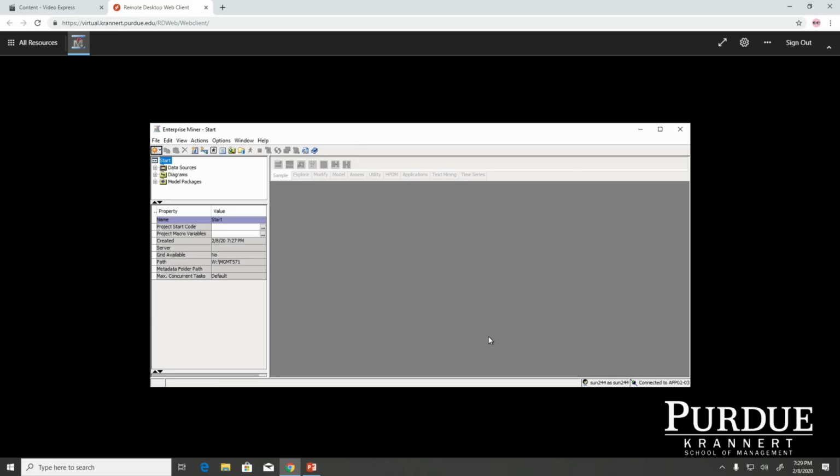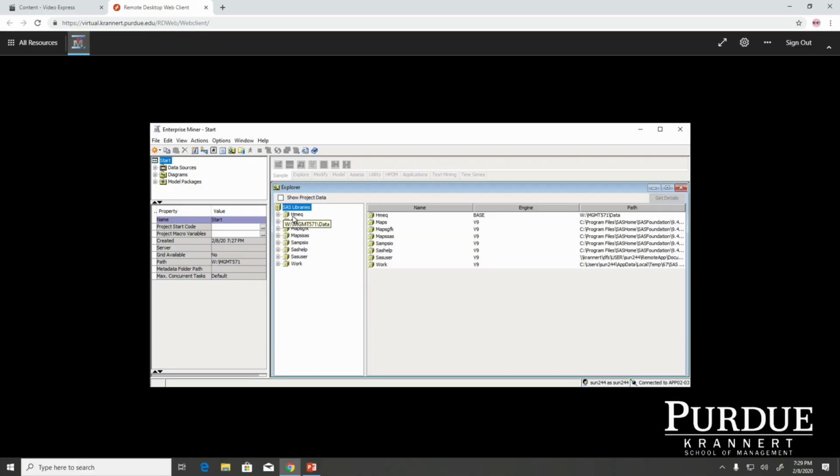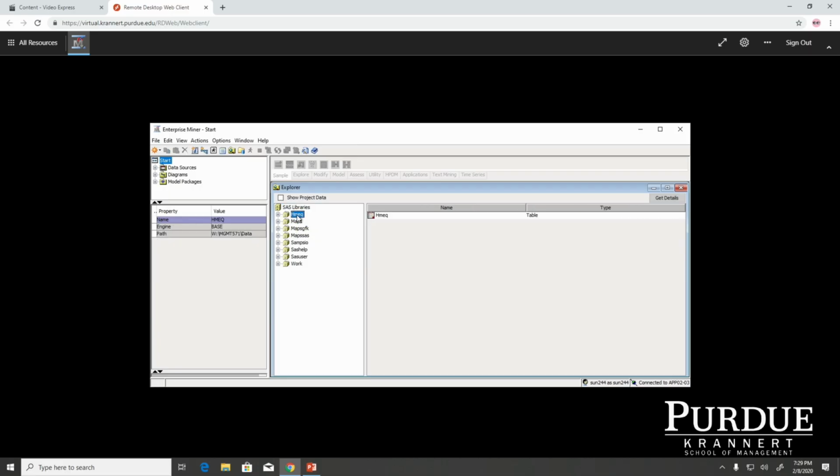So far we have created a new library, and you can verify all available libraries by clicking View, Explore. In the SAS library, that's our available library, HMEQ is the one we just created.